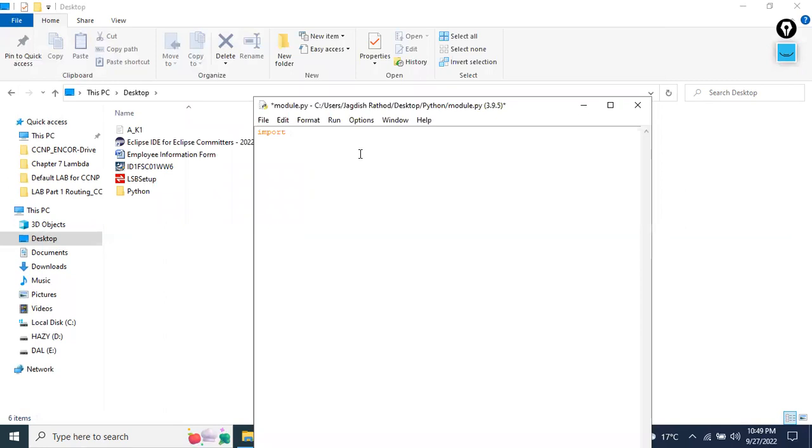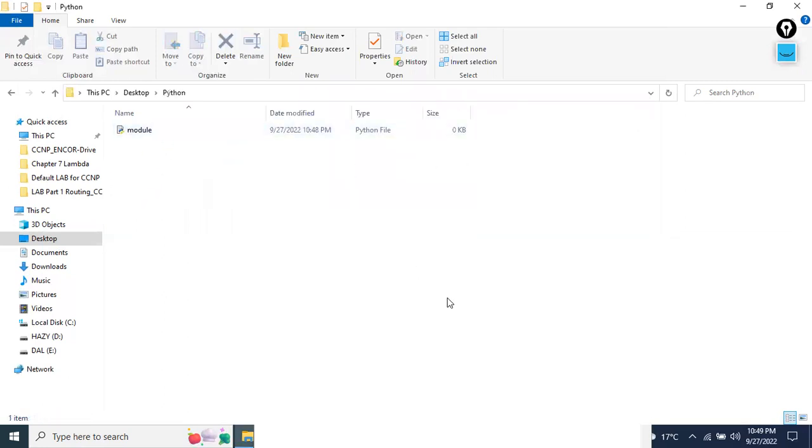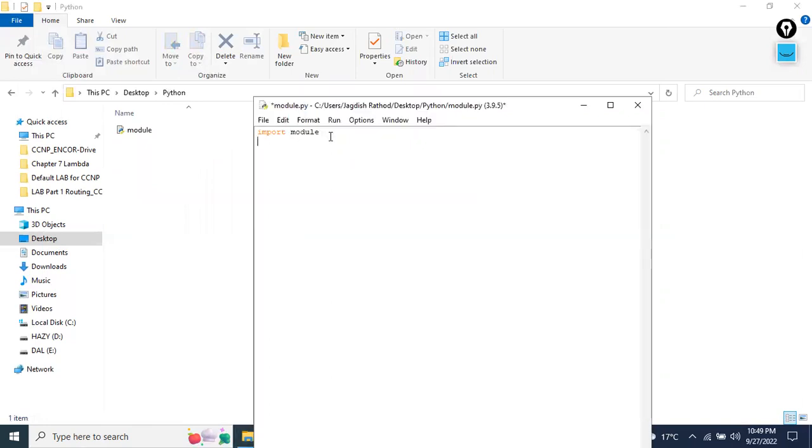So here I said import, and then I will say my module. You can give any name, whatever name you have given, you just have to type that name. You can say module only. Then I will say, or let me say, import from my module, and I will say my module. Remember, this is very, very important. Is equal to greetings. You are greeting someone, and I will say I am greeting Imran. I will save this file.